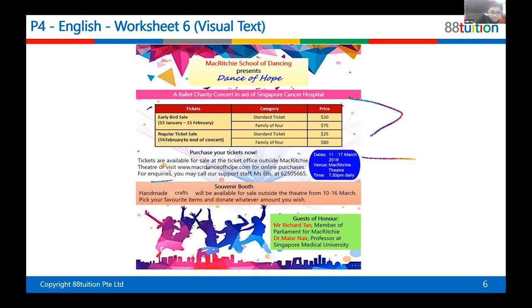Gifts. Yes, gifts, but specific gifts that you buy when you travel to a place and you want someone to remember that event, right? Remember that place. So if you go overseas, usually people buy souvenirs for your friends and your family because that is just a remembrance of that place, right? So that's a souvenir, not just any kind of gift. And also the guests of honor. Guests of honor are people who actually come in specifically to watch your show, okay? So all of that. So I'm assuming you've all read this.